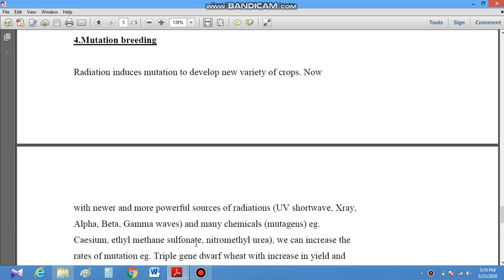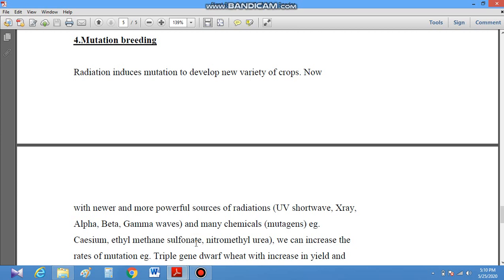Mutation is the sudden change in the genotype of an individual plant. It may be by natural methods or it may be through chemical mutagens. Through chemical mutagens, we can introduce change at the DNA level, the gene level, and in this way we can change the genotype of an organism. So when it is used for breeding purposes, we purposefully create the mutation in that gene which is desirable or undesirable, whatever we want.